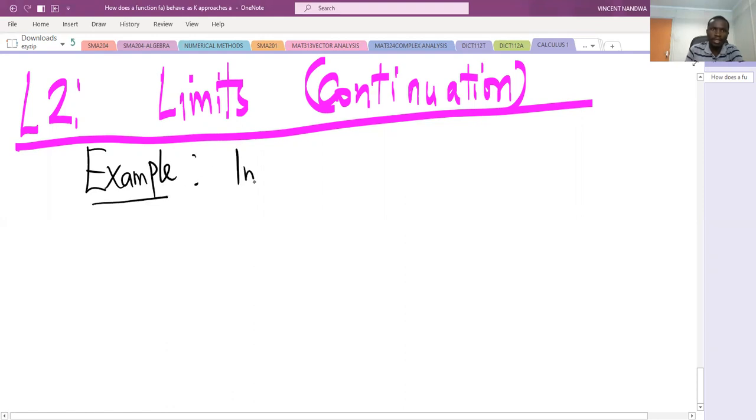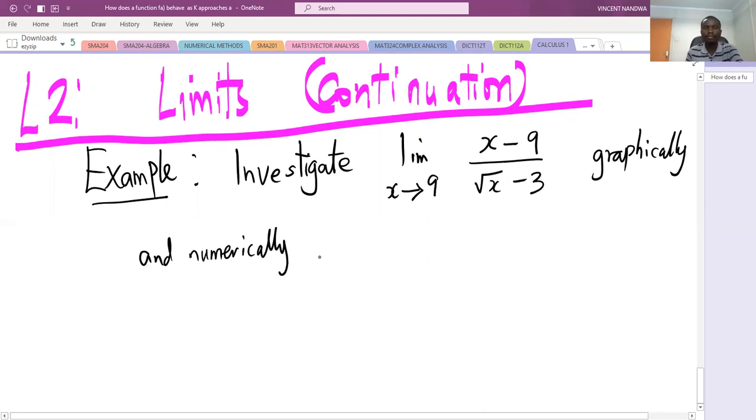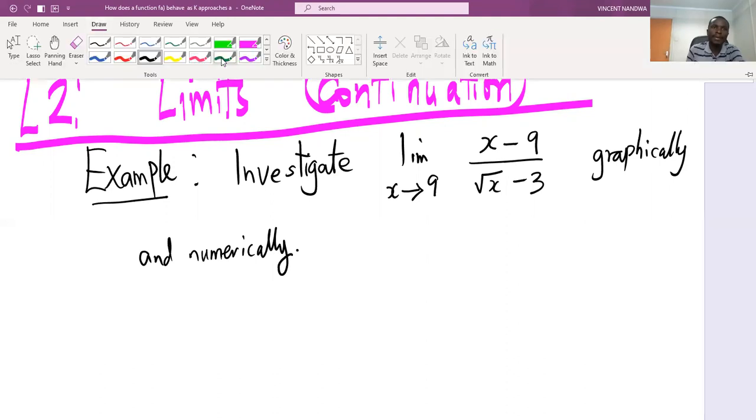So investigate the limit as x approaches 9 of x minus 9 over square root of x minus 3, graphically and numerically. Now, for this problem, our solution: